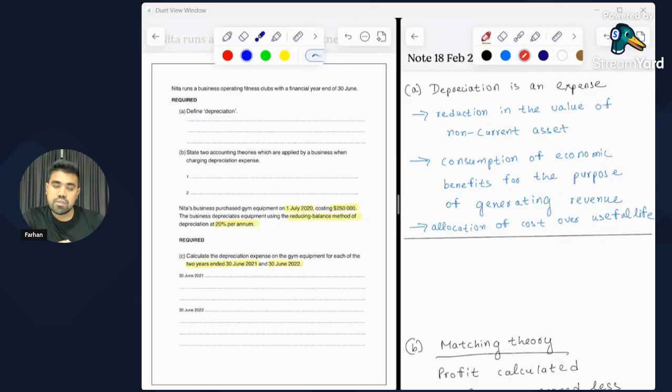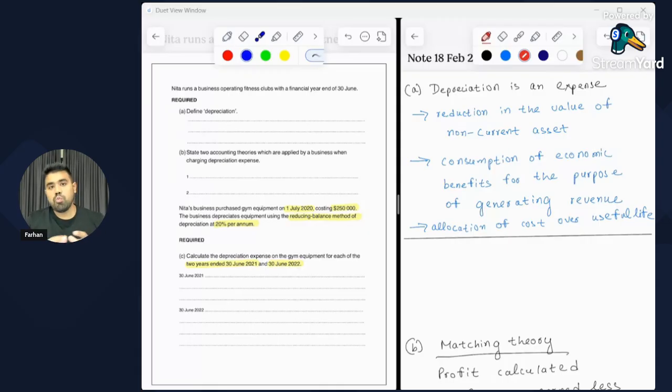Depreciation is an expense, which means that this is the reduction in the value of a non-current asset over its useful life. In other words, you could also say that depreciation is an expense which is the allocation of the cost of the non-current asset over its useful life. Now, what do we understand when we say that depreciation is an expense which refers to the allocation of the